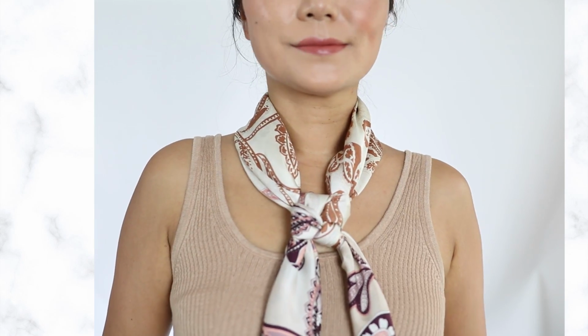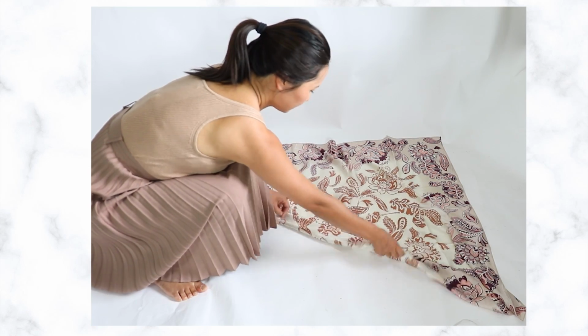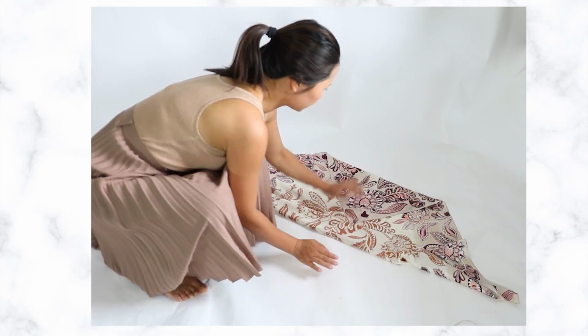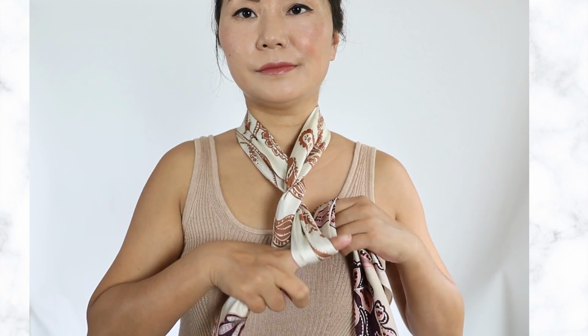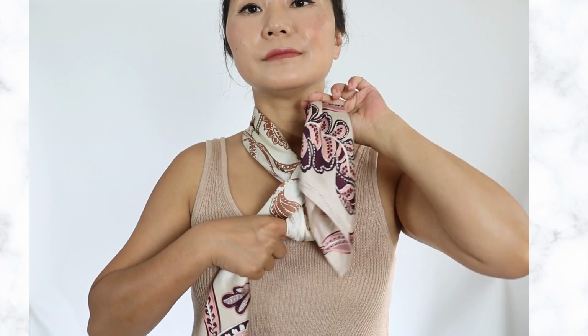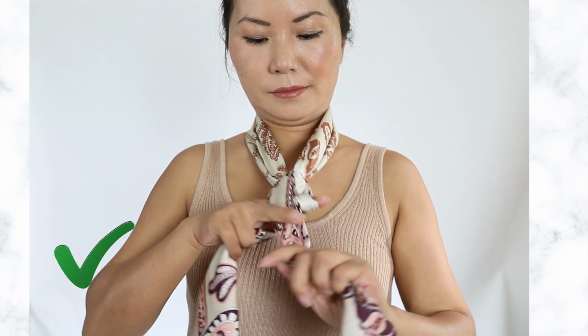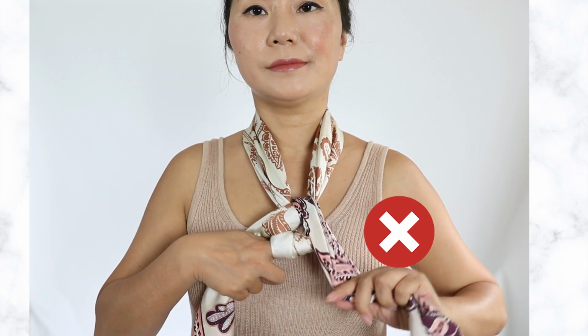The square knot needs a little bit of explanation. First, fold your scarf from both ends towards the center until it becomes a long, narrow band like this. Cross it once, cross it twice. Pay attention to my fingers. Grab the bottom piece with one hand. Fit it through the top. Here's a critical part. Make sure you are pulling it towards the side of your arm, not towards the side of your